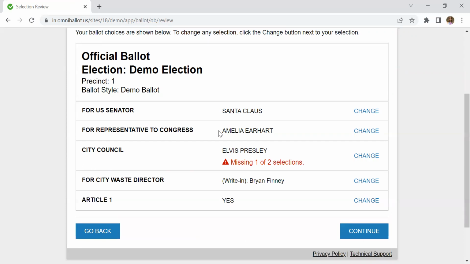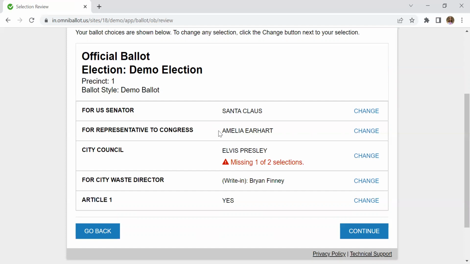Sometimes you may only have meant to select one candidate. That's perfectly acceptable. You can move past this error message and go about your review process. But let's say it was a mistake. This is your safety net to tell you that there was an issue, so you can go back and change that. So we are going to act as if it was a mistake on our part and make a change. So we're going to down arrow.